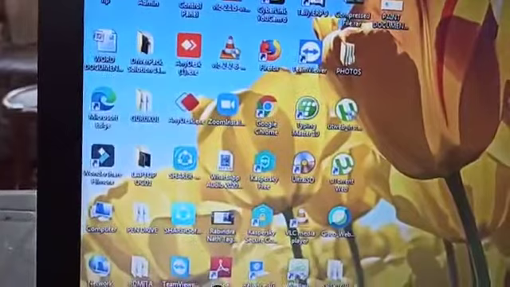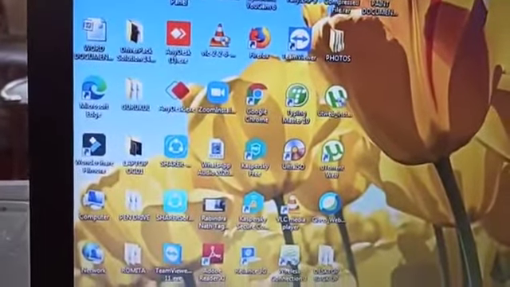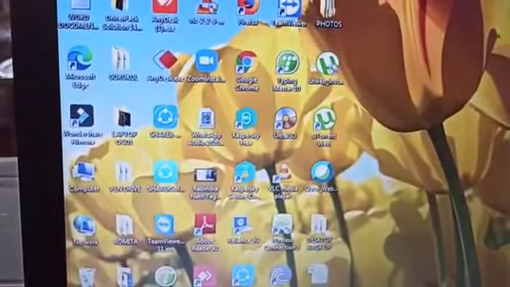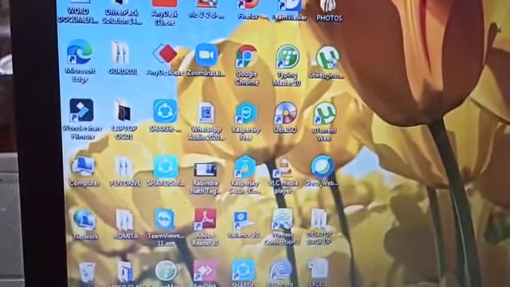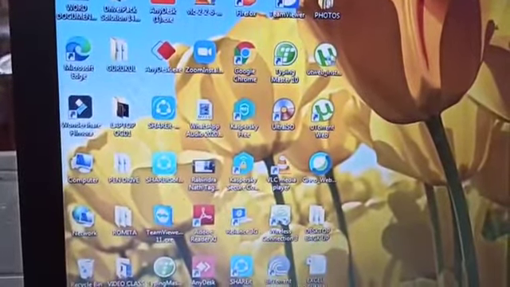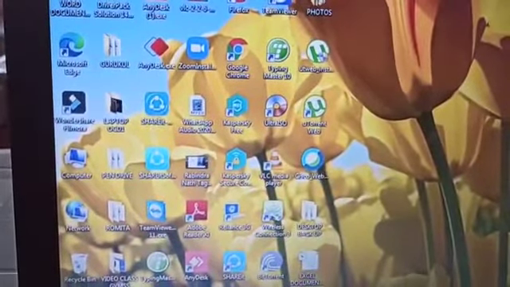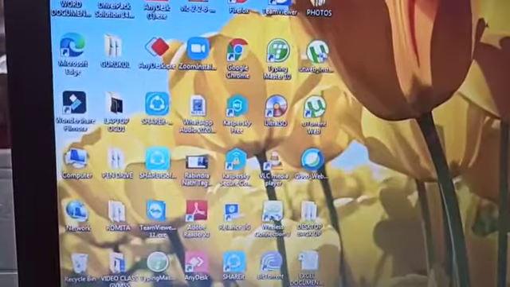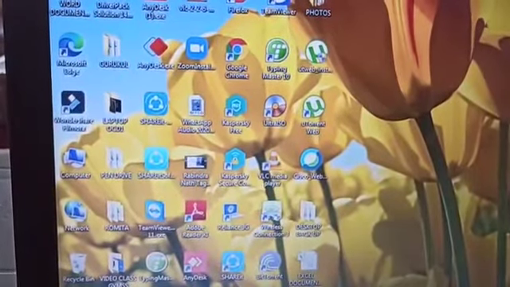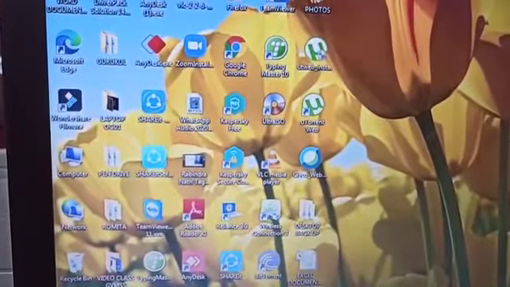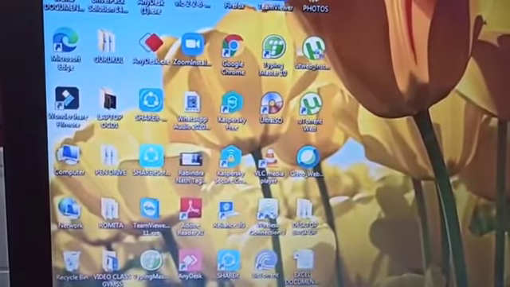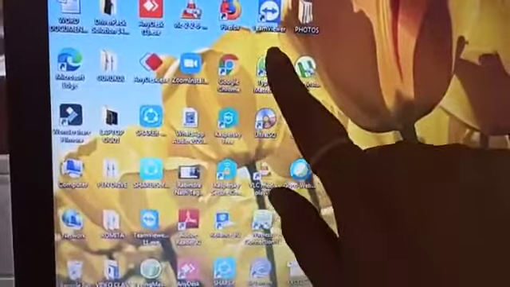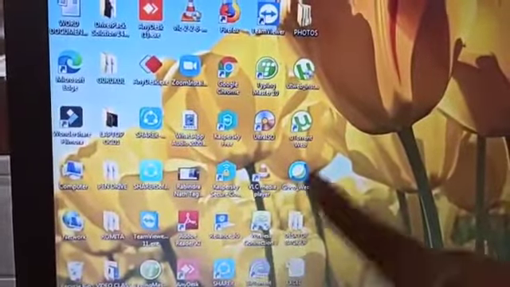These are all the shortcut icons from where you can directly open the file or the program. This blue arrow, this small icon, is the shortcut icon, and it is used to quickly open a file or a program. These shortcut icons are placed on the desktop.